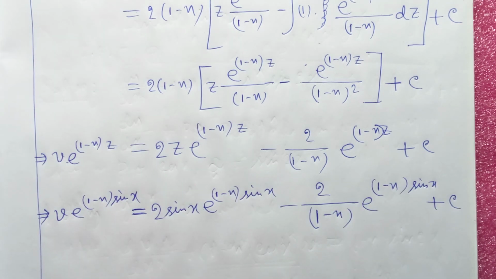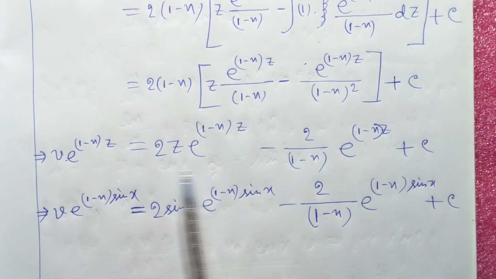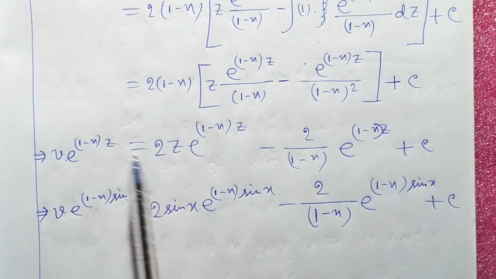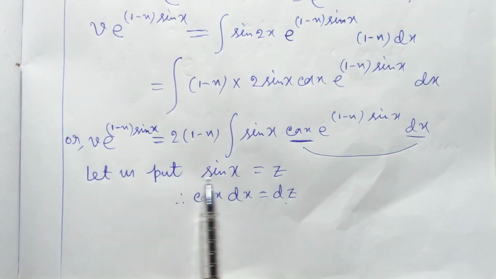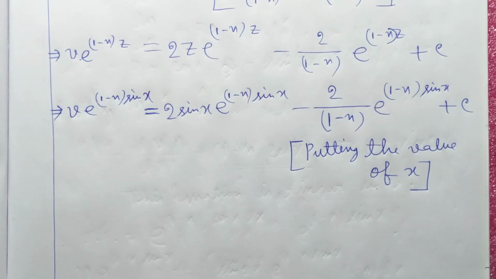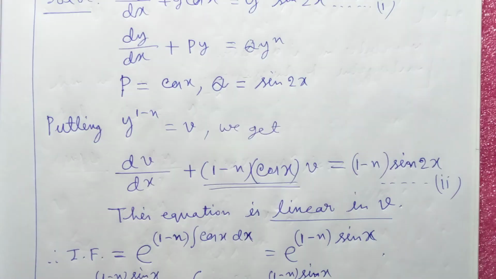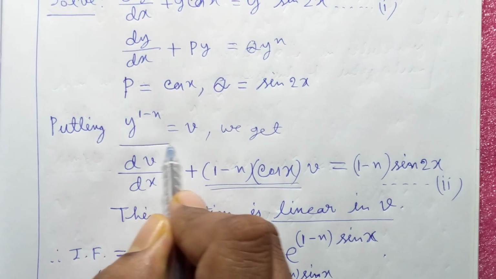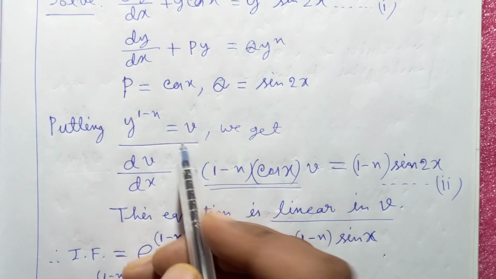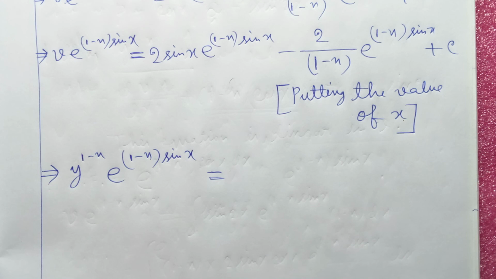We are getting this thing after putting the value of z, which was z is equal to sin x. Now we shall put the value of the variable v. Putting the value of the variable v, which is y to the power 1 minus n, we get